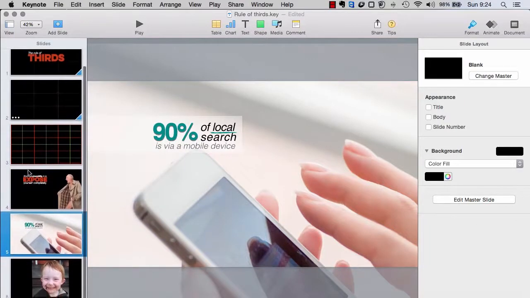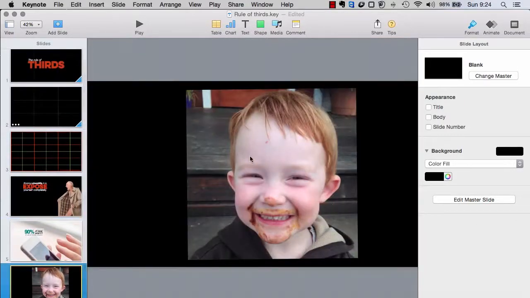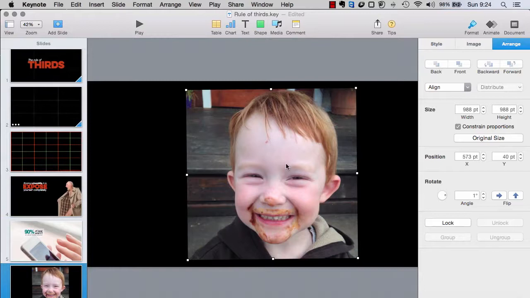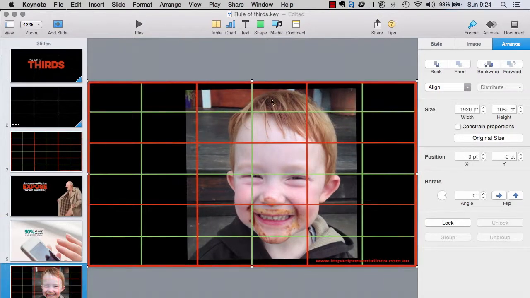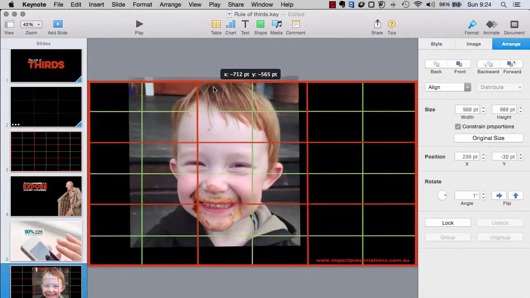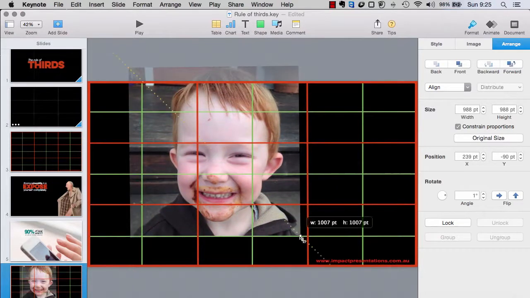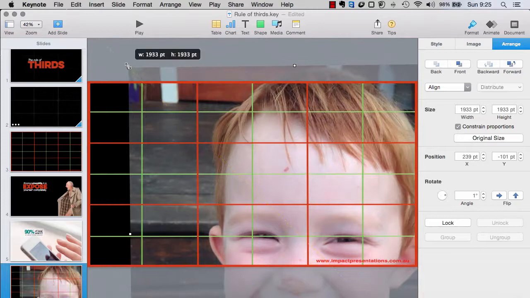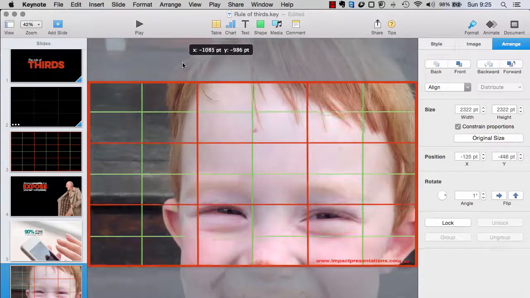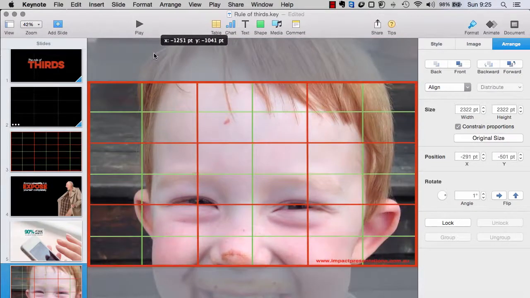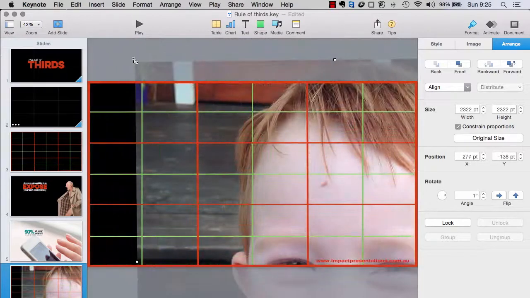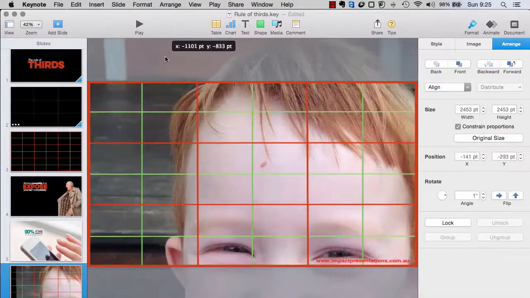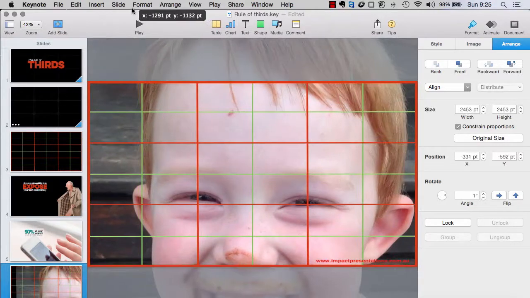So now we have another slide here. This is my little boy here, and I want to direct the attention straight to his eyes. So again, I'm going to put the grid over this slide and stretch him right out. Again, this is a high quality image. You wouldn't stretch this out in a low quality image. Stretch it out just a little bit more, and I want to place the crosshairs